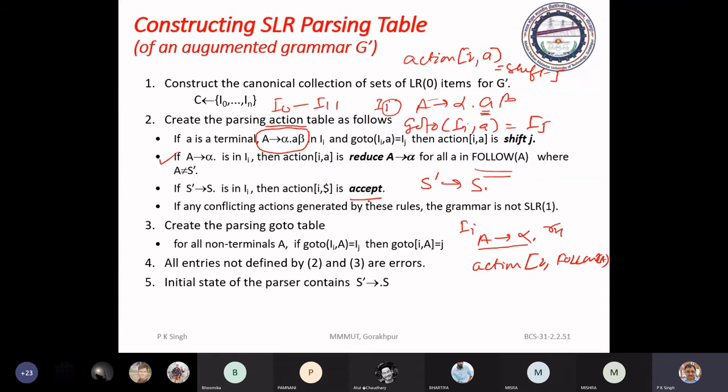So it is accept. If there is any position where you may have multiple entries in the action field, then you can say this grammar is not LR0 grammar.